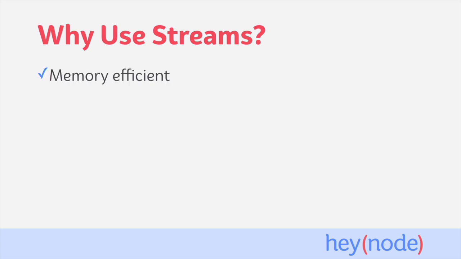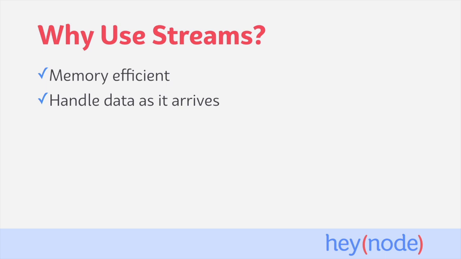First is that streams are memory efficient. That's because with streams, we only ever work with chunks of data at a time, and not all of the data that the stream represents. Node.js processes have a maximum memory limit of just under 2 gigabytes. So if you wanted to read a 20 gigabyte file into memory, you would quickly run out of memory and the process would crash. But with streams, we don't need to read the entire file into memory. Instead, we can handle chunks of the file in order to get around hitting the maximum memory limit. It's this approach that makes streams memory efficient as opposed to buffering all of the data in memory at the same time.